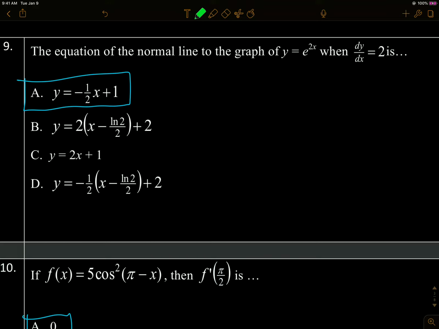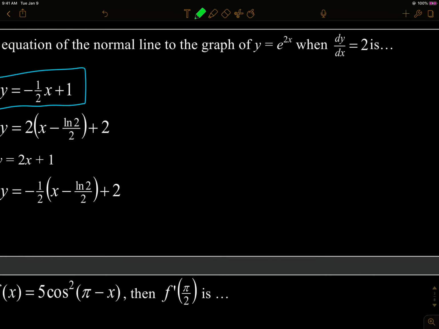All right, so in this problem, they're telling us the equation of the normal line to the graph. They're asking which one of these is the equation of the normal line. They're also telling us that dy/dx is equal to 2. And remember that dy/dx means the same thing as y prime, which also means the slope of the tangent line. So if I do the derivative of this function,